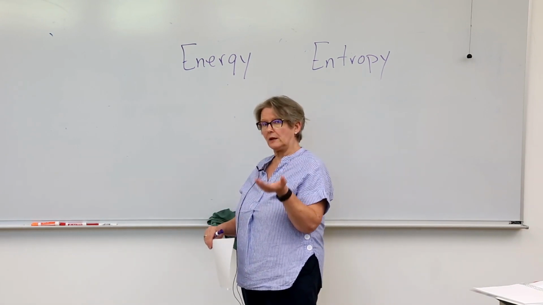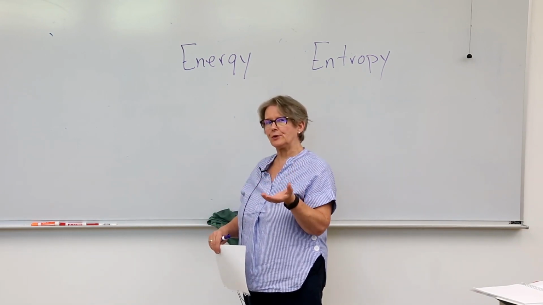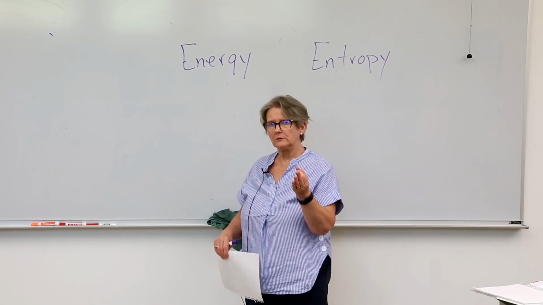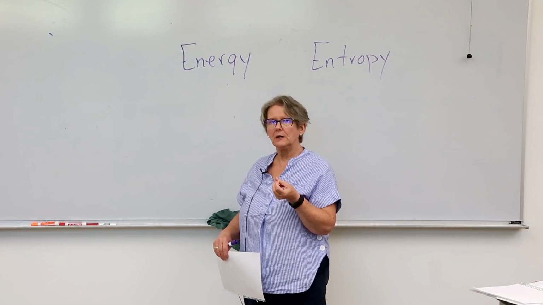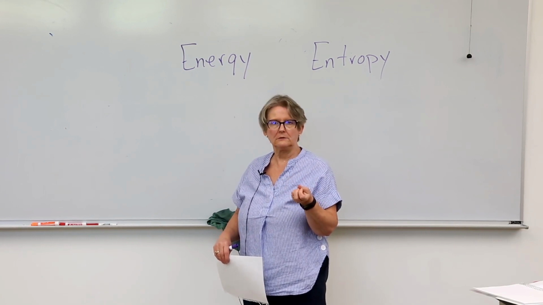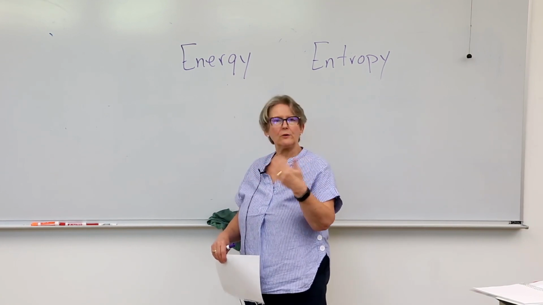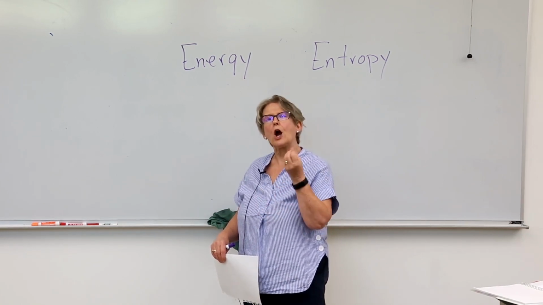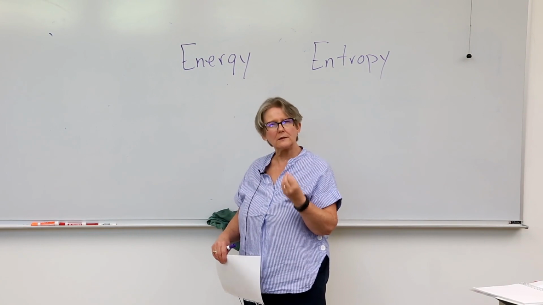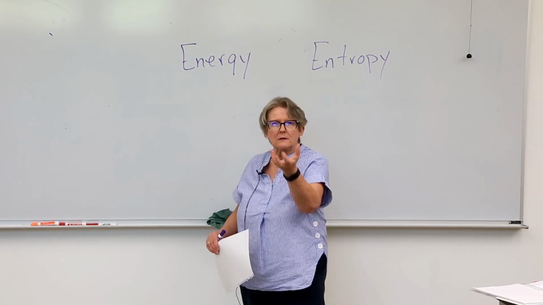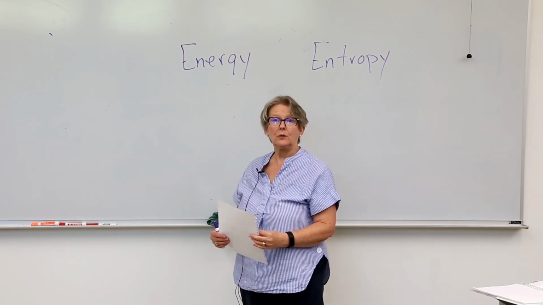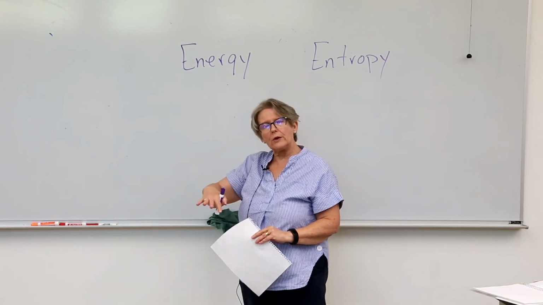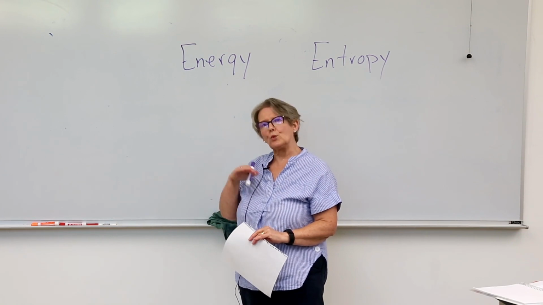Most elements do not exist in their pure form in nature. I mean, think about it. We can mine for gold, we can mine for silver, but how do we get iron? There's no mine where you can just go get iron. It comes out of the ground as a compound. And why does it come out of the ground as a compound? Why doesn't it just come out as iron? Well, it goes back to energy and entropy. Lower energy level, more entropy is more stable.